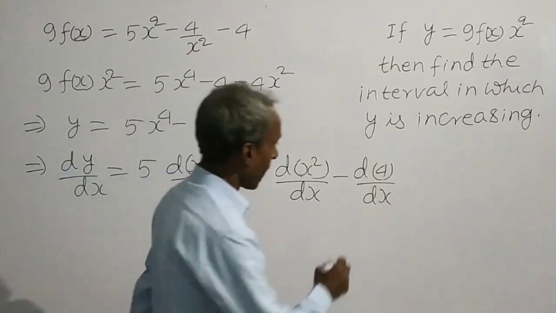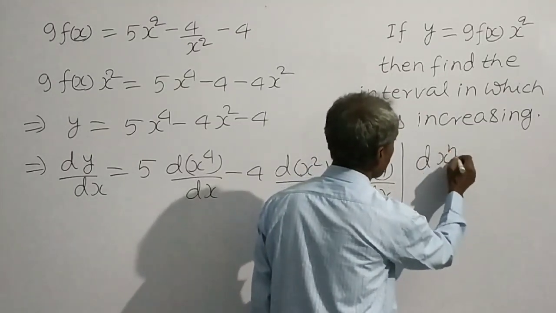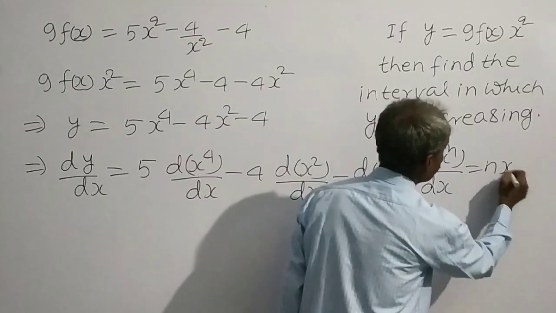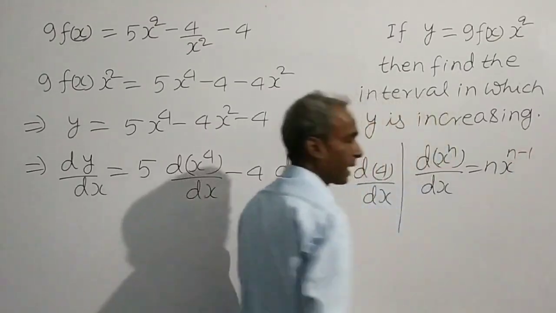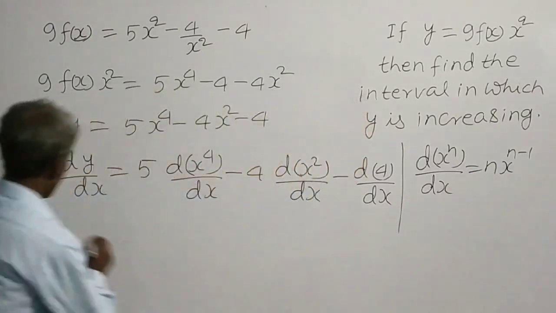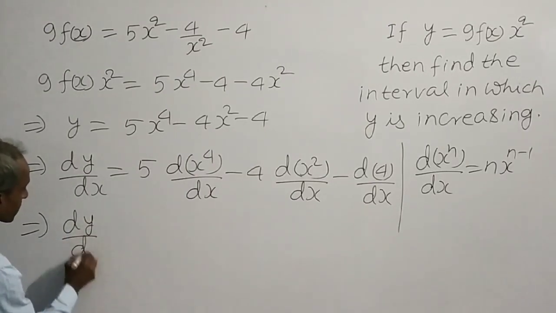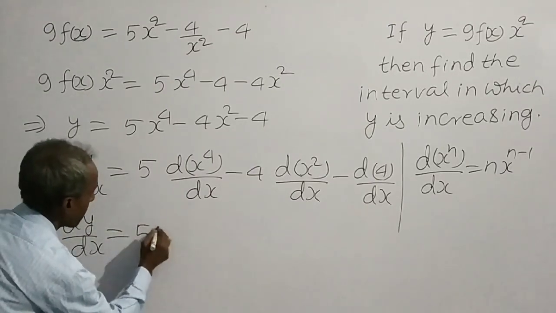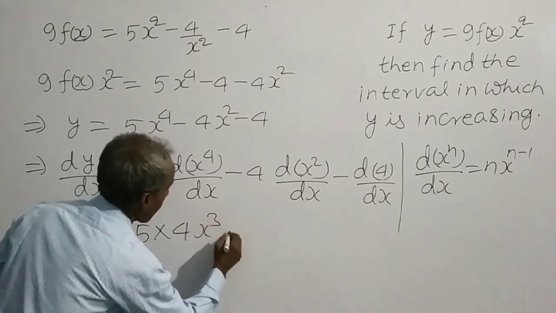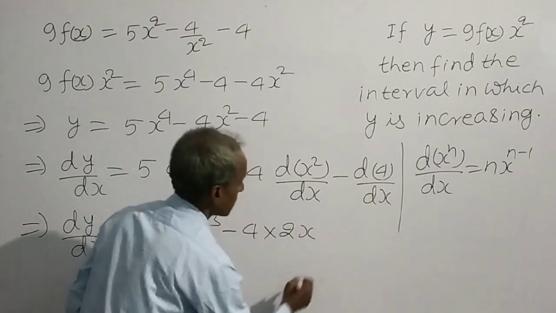Now we have the formula of differentiation: d(x^n)/dx is equal to n times x to the power n minus 1. By applying this formula, we can write dy/dx is equal to 5 times 4x cube minus 4 times 2x minus,